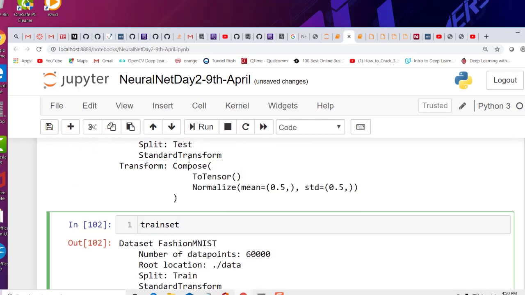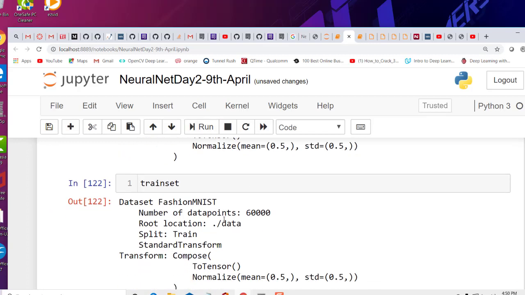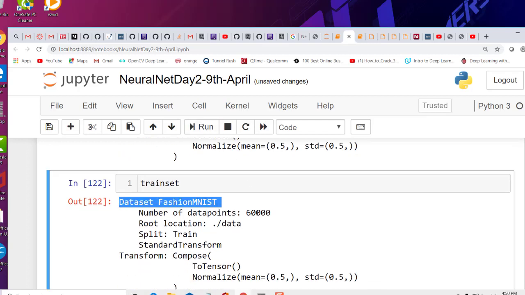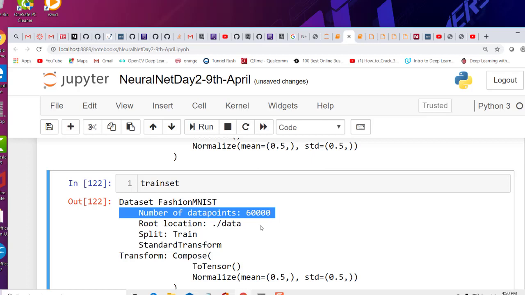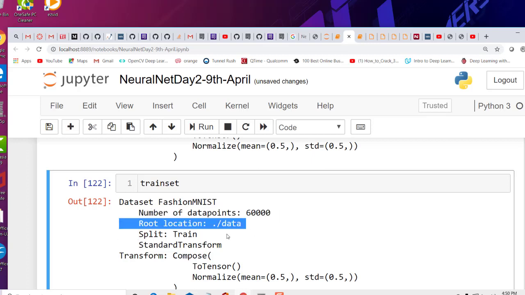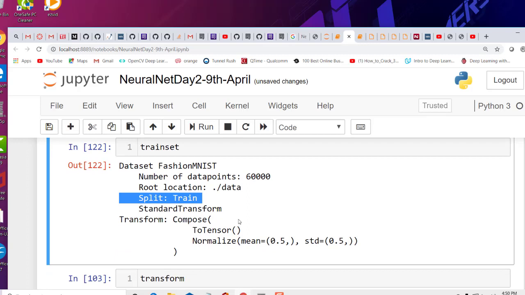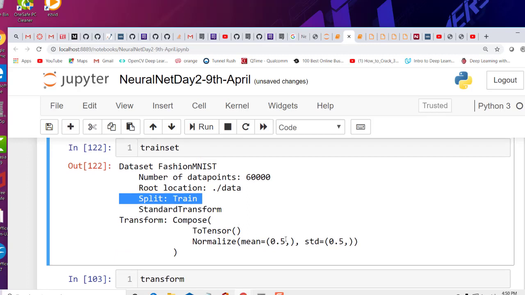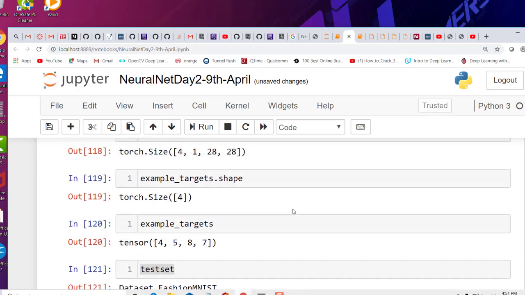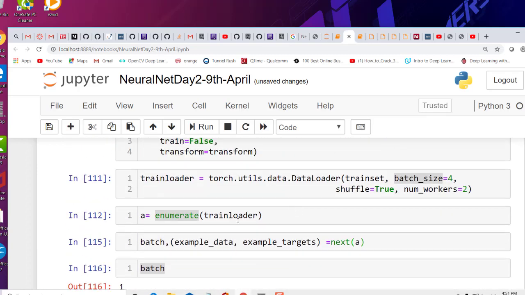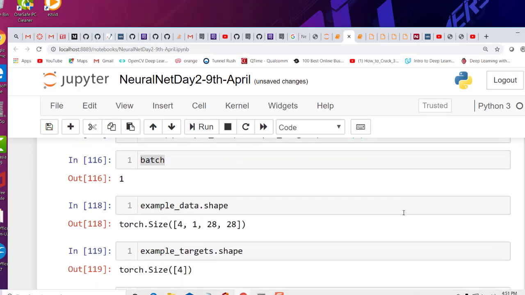What is the train set? Train set is again data that is got from Fashion MNIST. It has 60,000 images. It is stored in data, and it's a train split, it's not test split. I hope this much is clear to you. So it's also clear that to go through this data, we can keep doing next, and we can iterate through the entire data.